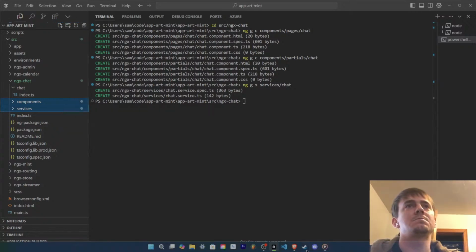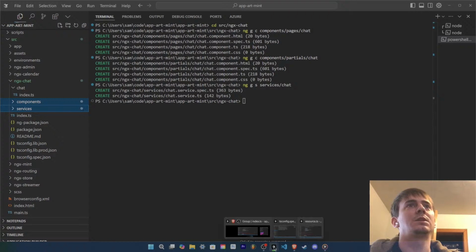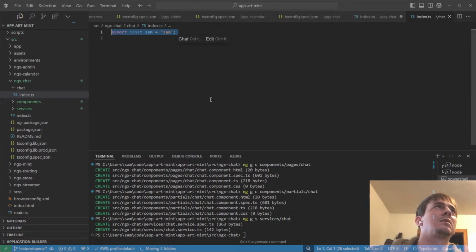Damn. There's one thing code editors aren't good at, it's moving files. Ugh. Okay, so while it's doing that,